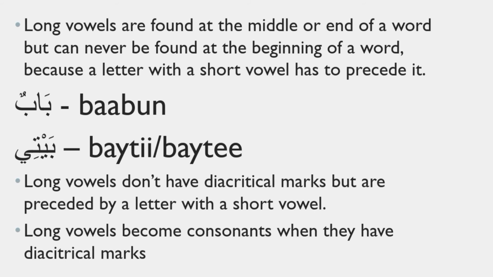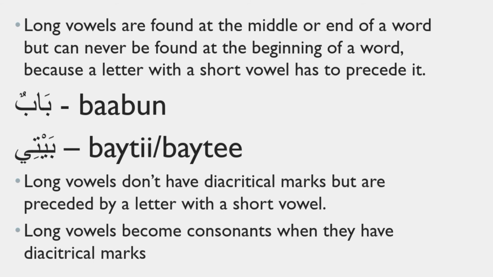So what you would notice in those cases is that I elongated the letter that has mad attached to it. That means the letter before the mad would be elongated. I didn't say babun, but baabun. I elongated the ba because it has mad. And in the case of baiti, I didn't say baiti, but baiti, because we have ya maddi attached to the ta. So I have to elongate the letter ta.